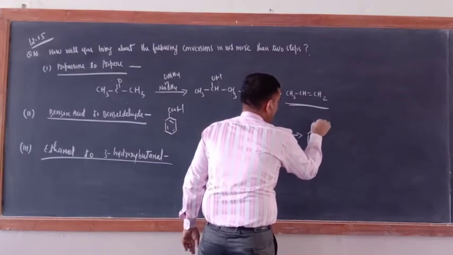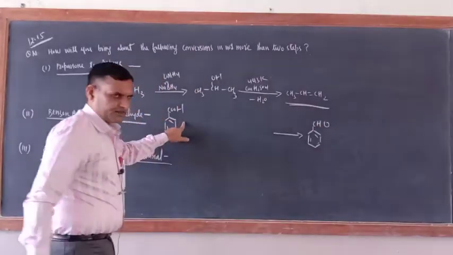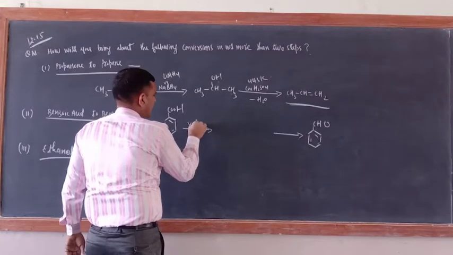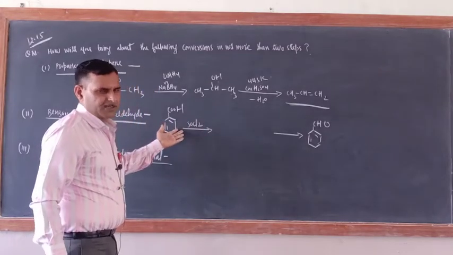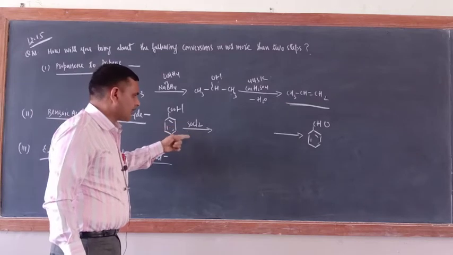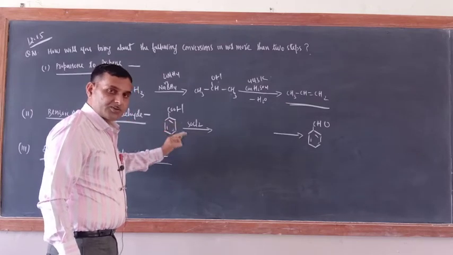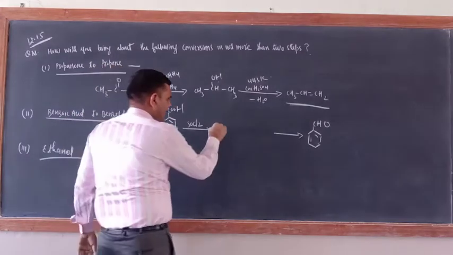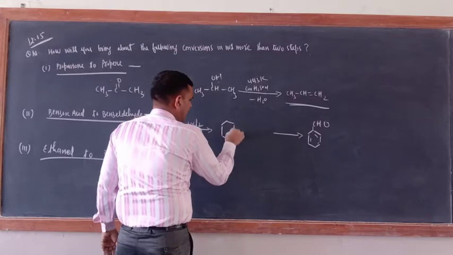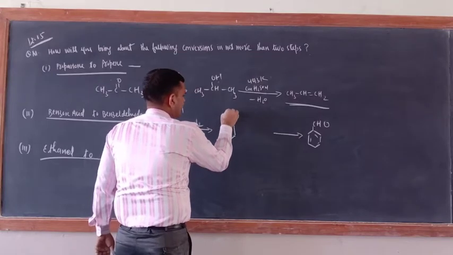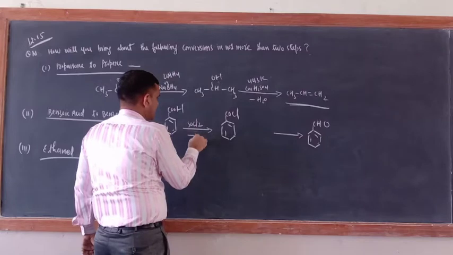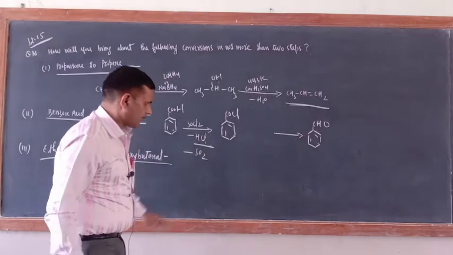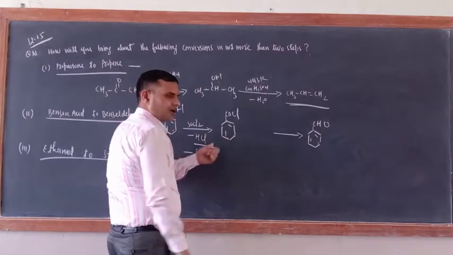This is CHO. Just see, if benzoic acid is treated with SOCl2, or you can take PCl5 also, there is no issue. Why are we taking thionyl chloride? Because SO2 and HCl will come out as a byproduct because they are gaseous. So here what you will get? Here you will get COCl, minus HCl. HCl and SO2 will come out. Okay. And now just see, this is benzoyl chloride or not?